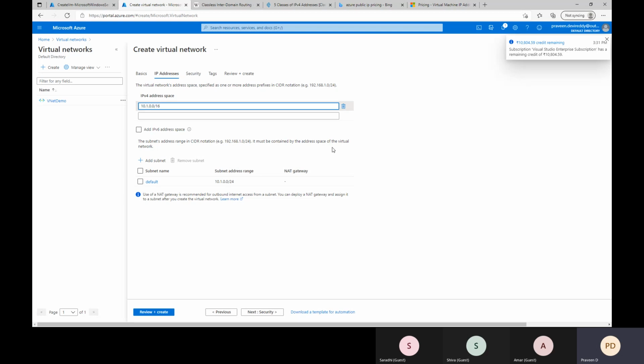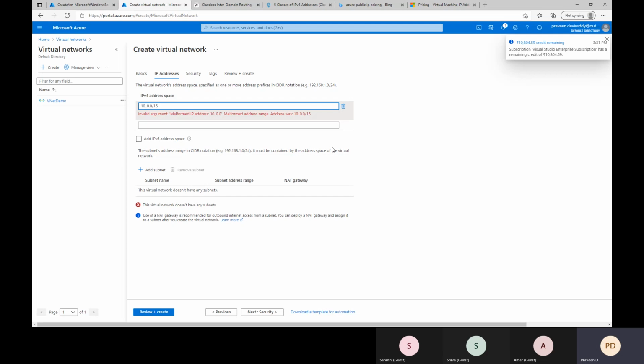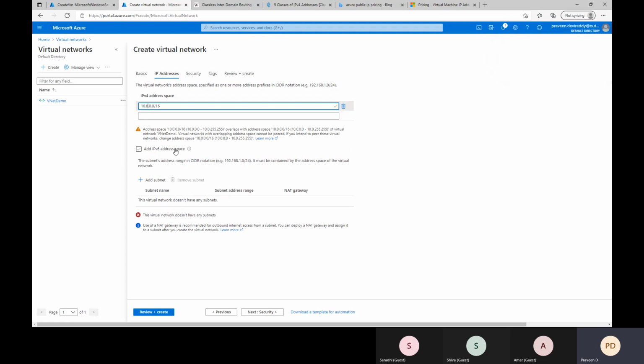For example, if I say 10.0, again see below we are getting a warning message: address space 10.0.0.0/16 overlaps with the address space. It also gives the name of the VNet for which this address space is given, and it is not stopping us from creating. We can create it, but there will be overlap with the same IP addressing.